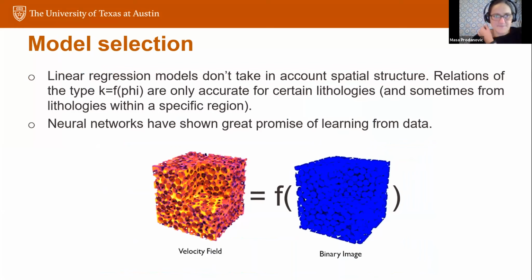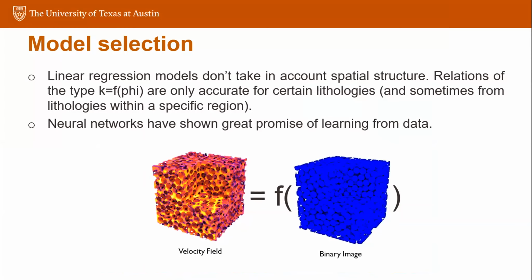All right. So now I'm going to talk to you a little bit about the selection of our model. In general, a simpler model is always better because it's more interpretable. So it's always a good idea to start with a linear regression baseline to see